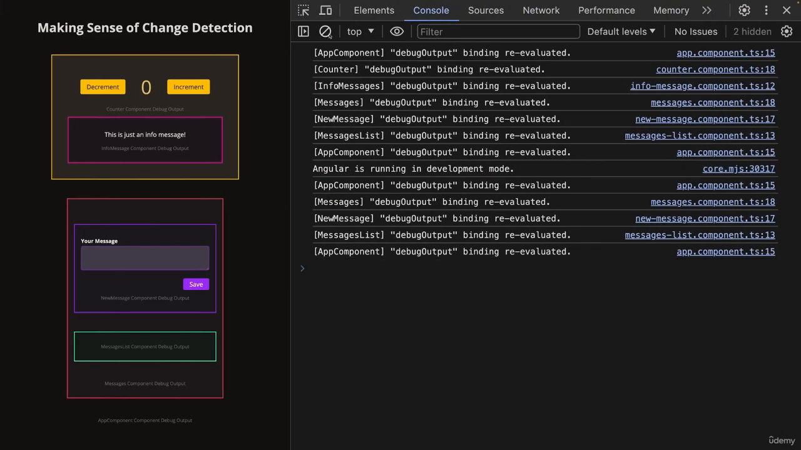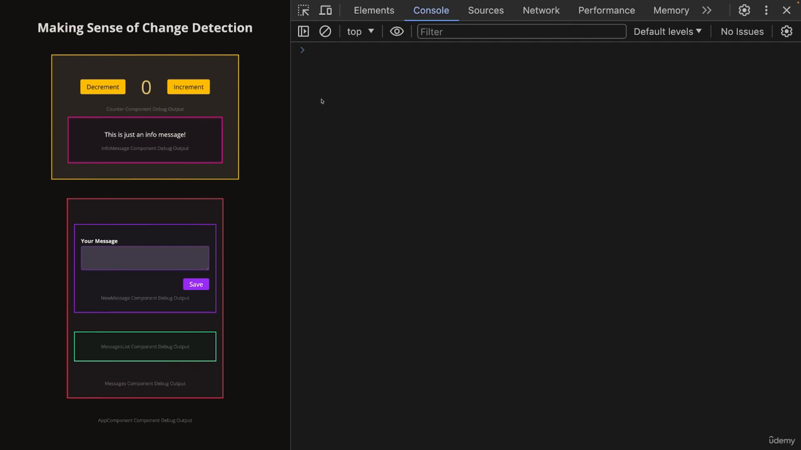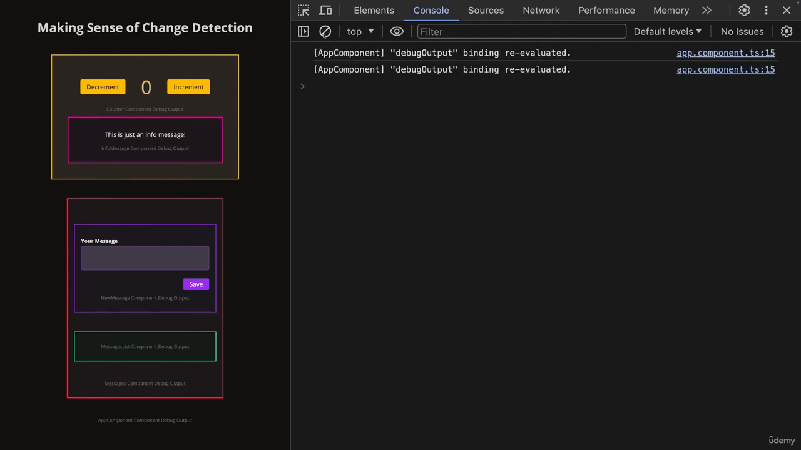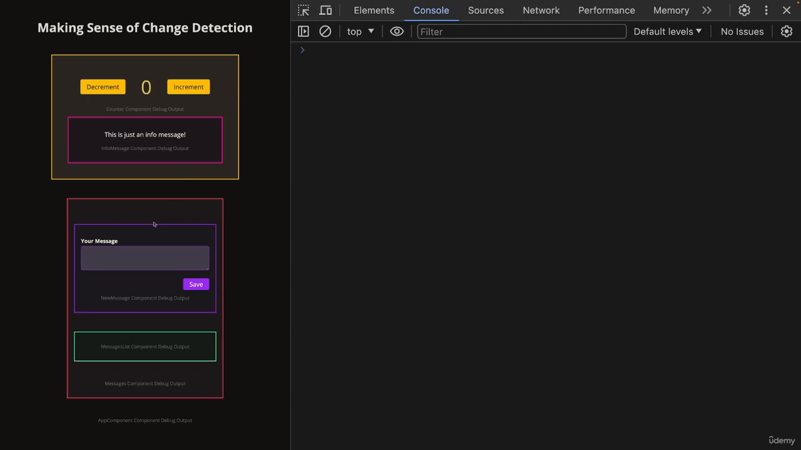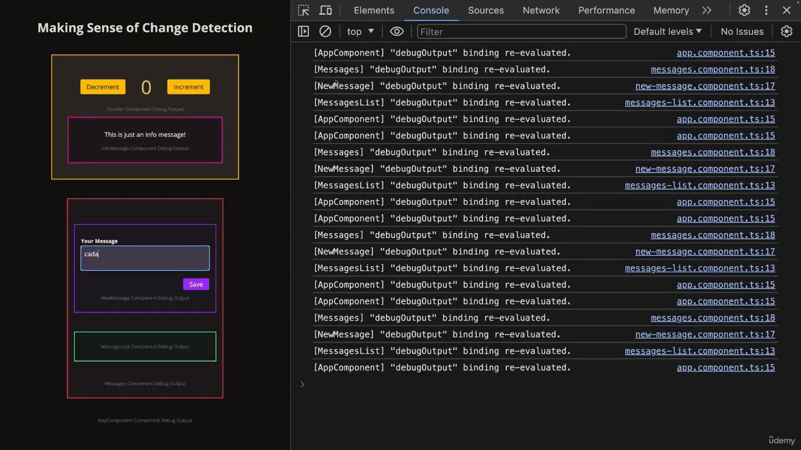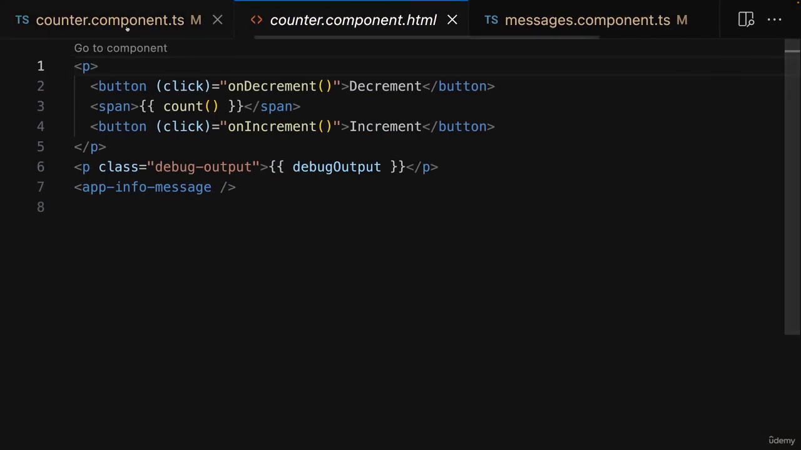And therefore with this change made, if I now reload and I wait for these timers to expire, you already see that almost nothing's going on right now. And you can see that if I enter into this message box, the counter component is not part of these log messages here. Neither is this info message component, which is nested in the counter, because we enabled on push